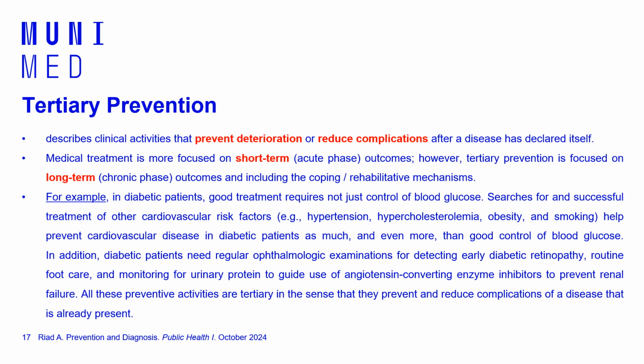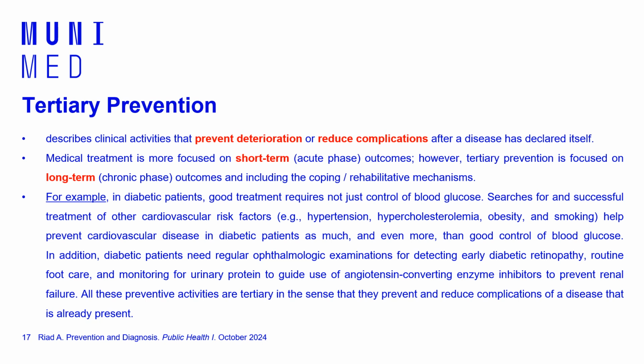But it is also important to look at the long-term consequences or outcomes of this disease and how we can control them. Because we know that diabetic patients are among the high-risk groups for cardiovascular disease, with risk factors like hypertension, hypercholesterolemia, obesity, and smoking. So we need to make sure that diabetic patients do not have these risk factors, because if they do, it means that they will have, I would say, a certain risk of cardiovascular disease. The same also for diabetic retinopathy, and so we need to regularly check the ophthalmic functions of